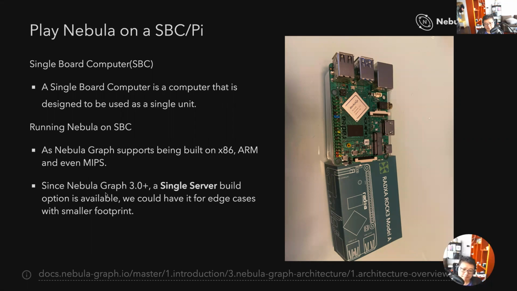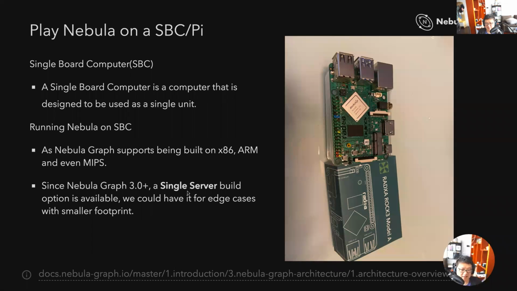Actually, the best way to run NebulaGraph on the edge, on a small board, is the single-binary build. We introduced this build option since 3.0. We removed the RPC call between the graph and the storage service and combined them in one process. So they will have a smaller, thinner overhead. So it's a more ideal, smaller footprint when you're running this in production in the edge computing case,